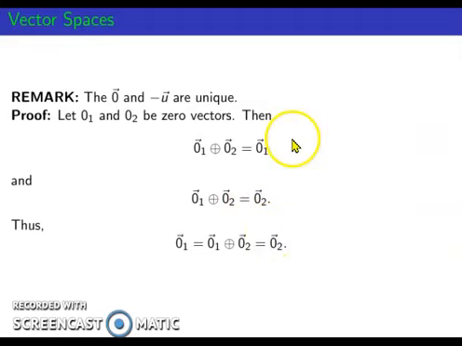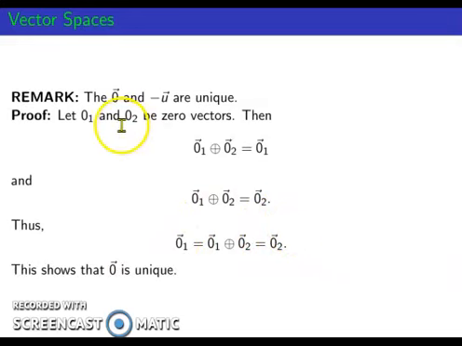Thus, we have here 0 sub 1 is equal to this one, and ito naman is equal to 0 sub 2. So transitivity lang yung ginamit natin sa equality. So we are forced to say that 0 sub 1 here is equal to 0 sub 2. Ibig sabihin, kung meron ka mang dalawang zero vector, lalabas pa rin na same lang sila. This means that this one is unique. This means that the zero vector is